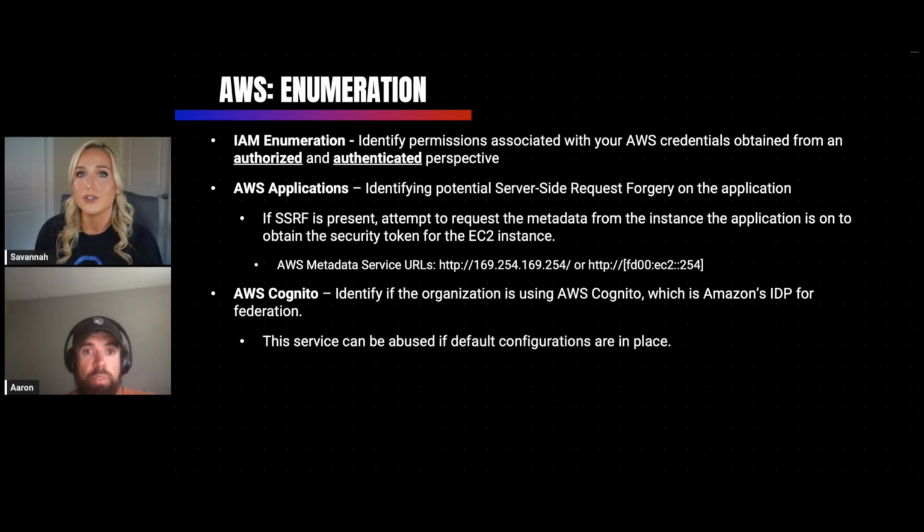So with PACU, which is a tool from, I think, Rhino Security Labs, you can leverage that to dive into different AWS services enumeration. And we'll mention PACU in a few further slides down as well. And then with AWS applications, you can start to look for server-side request forgery. That's something that's gaining a lot more popularity again, just because all of these apps are vulnerable if they're misconfigured. So they have to have that misconfiguration in place.